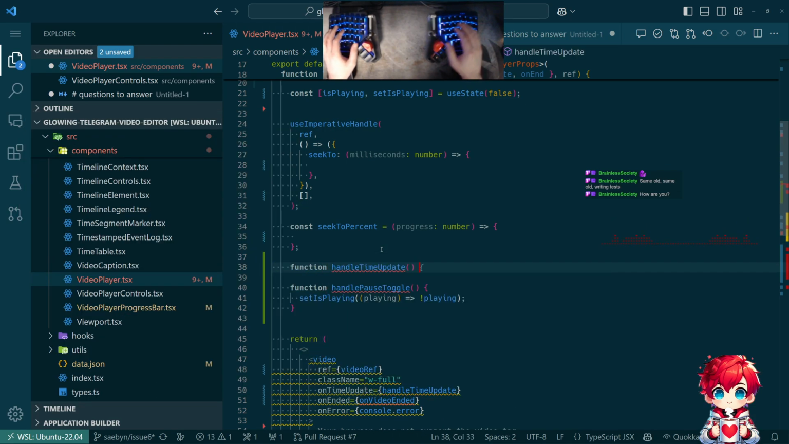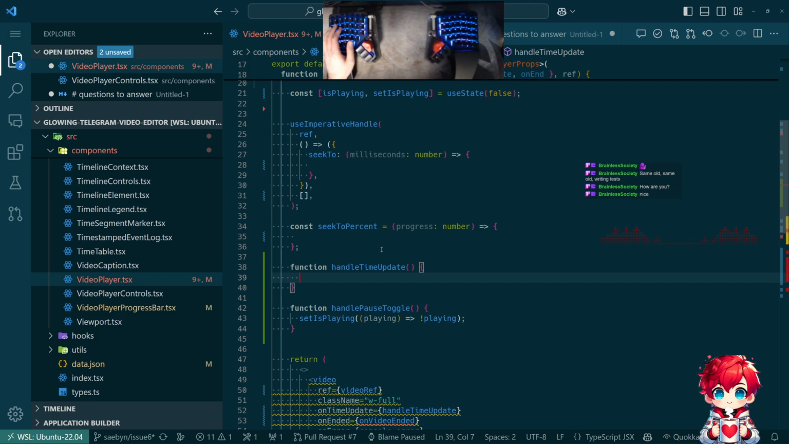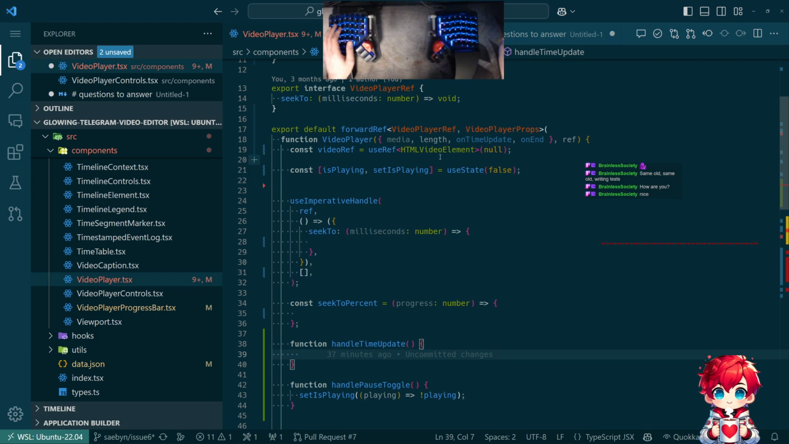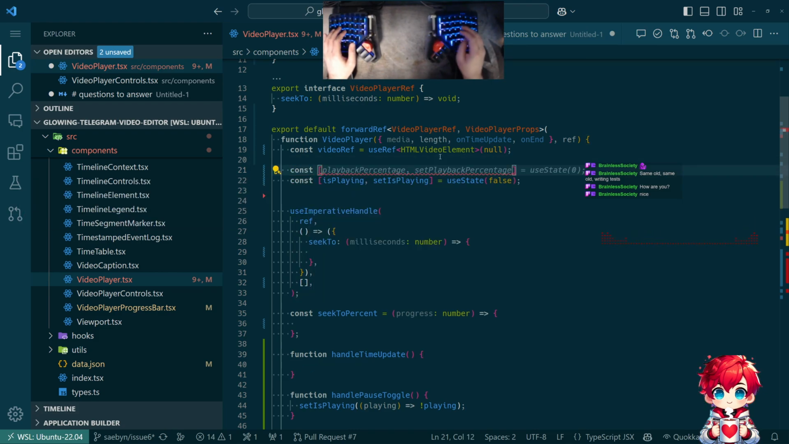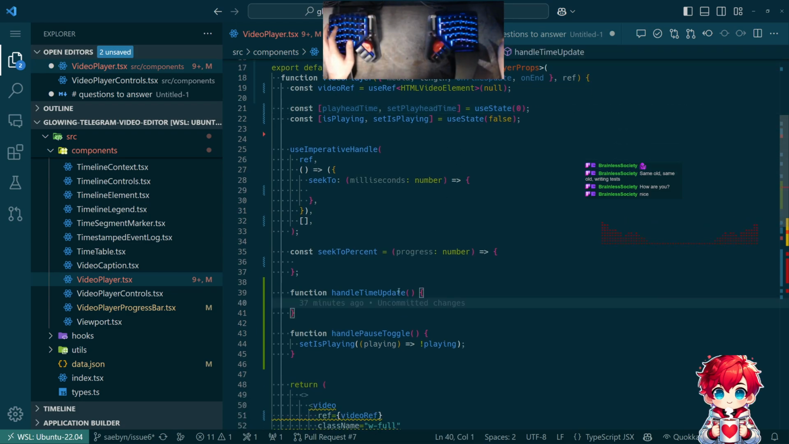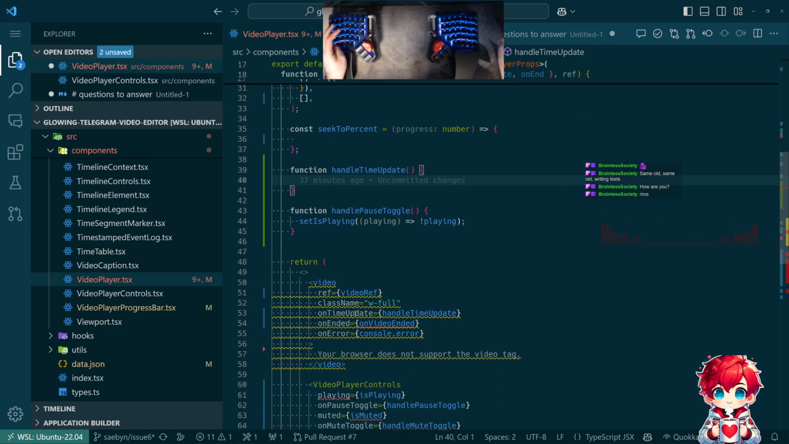So function handle time update. What is this? What is this supposed to do? Right, we do need a little bit more state. We need, let's call it playhead. Is that playhead time? Yeah, set playhead time. So when the component loads, we're gonna assume that we're at the beginning of the set of videos, right? And when we handle time update, what is